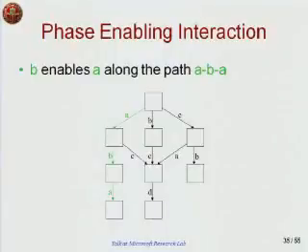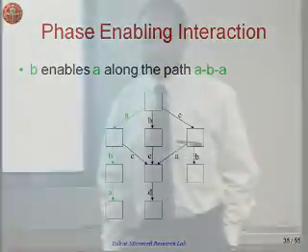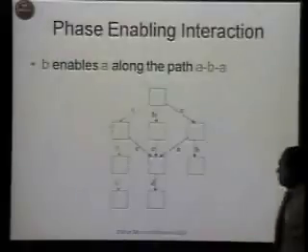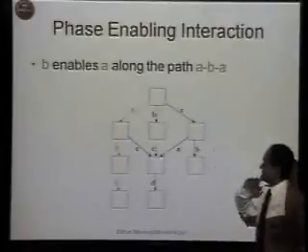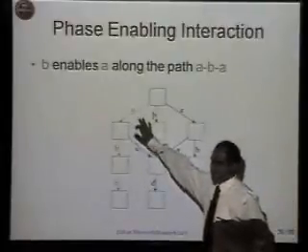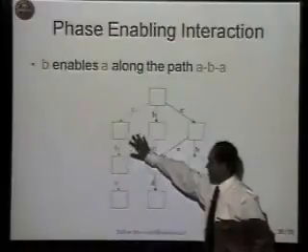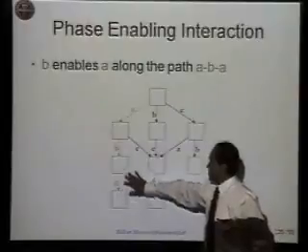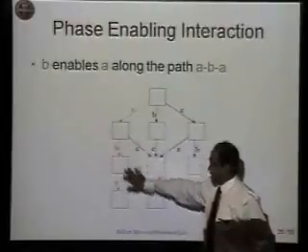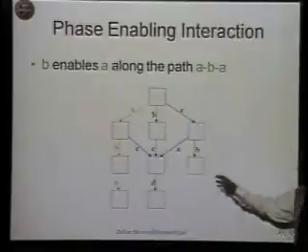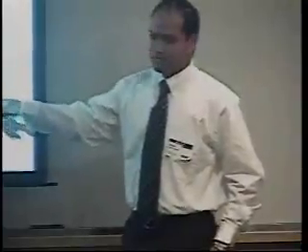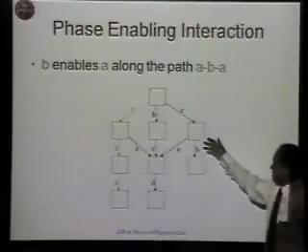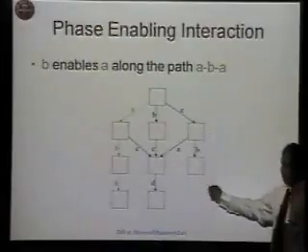So for this, I basically found two different interactions between optimization phases. The first is the phase enabling interaction, which you can see along this path quite easily. As I said, after applying optimization phase A, it is dormant at this point. But after application of B, we can see that A is again active. So this means that along this path, phase B has enabled phase A. Although B is able to enable phase A along one path, it's not the case that B enables A along all paths. You can see along this path, after application of B, A has not been enabled.